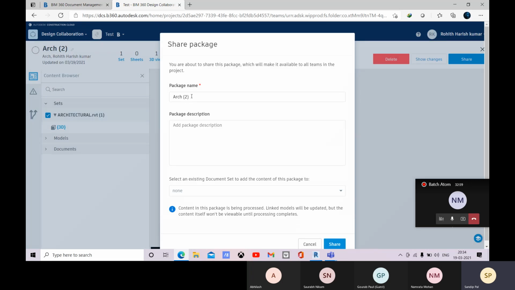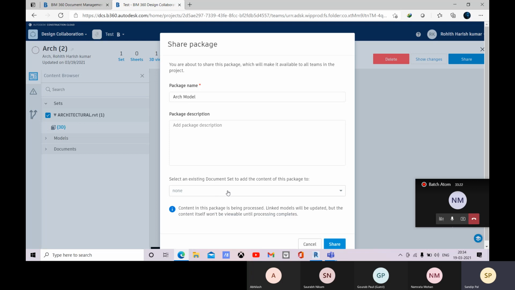You will be sharing it. Okay, so you can name it like arc package or arc model, and you can provide some description there. Okay, and this package, select an existing document.